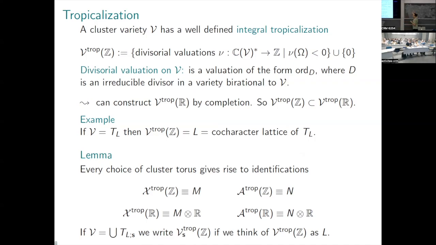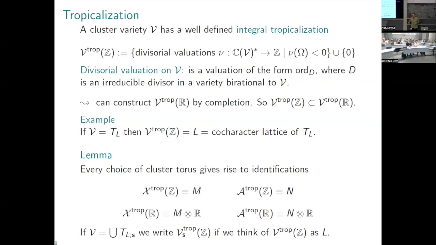Yeah, I have 5 vertices, and in each one I have set the 7 because the dimension of my space is 7. Okay. What I'm telling you is this lemma essentially, that any choice of torus gives me an identification of my tropical space with the lattice I'm working with. And also the real tropical space is just identified with a real vector space, and the whole tropical space can be just thought of as having my same atlas, but just replacing tori by lattices and cluster transformation by